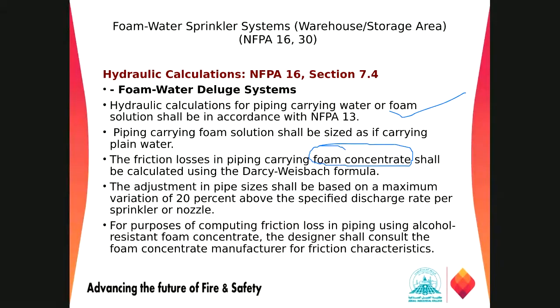Remember, we always talk about the Hazen-Williams formula, but here we have a highly viscous fluid whose properties change due to the increase and decrease in temperature. From time to time, the density of the solution will be decreasing and increasing. So at that moment, the Hazen-Williams formula is not accurate for the system. So we have to use the Darcy-Weisbach formula, which is the second one, for this requirement.